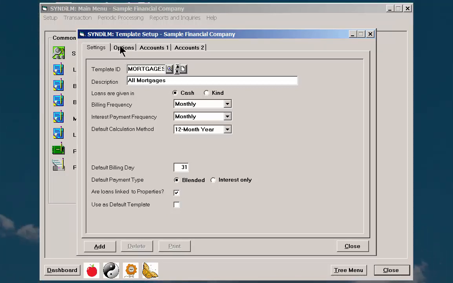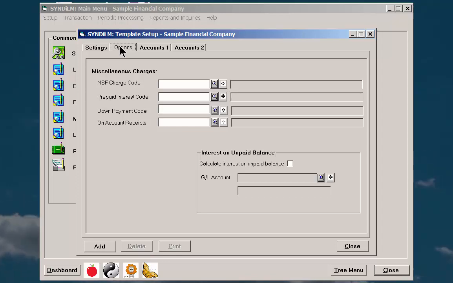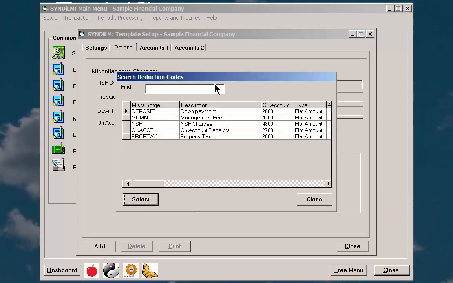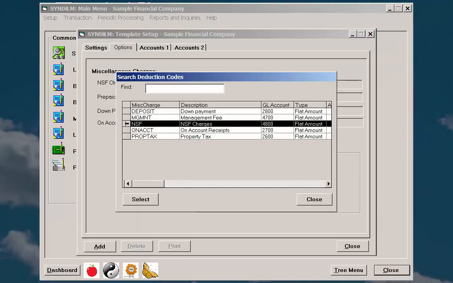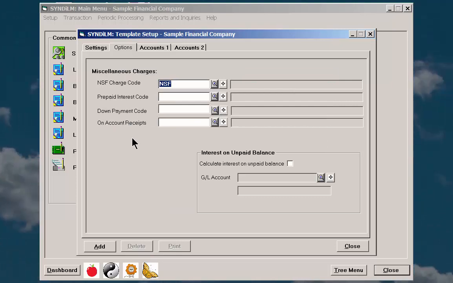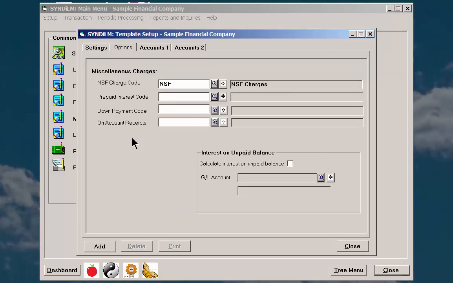Okay, so this was the template. Now we come to the options. These are various parameters. For example, if a borrower has paid the monthly installment, but that check is returned by the bank, then you can put a code there, and these codes come under the deduction codes, where you are charging, for example, $150 on top of that, or any amount on top of that. So let us say, for example, we already have a deduction code called NSF, and we will learn how to set them up in a separate tutorial, and